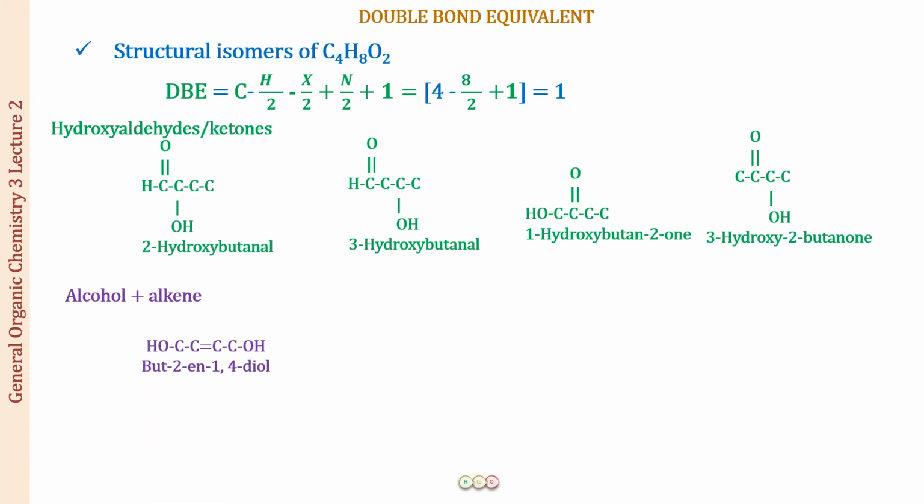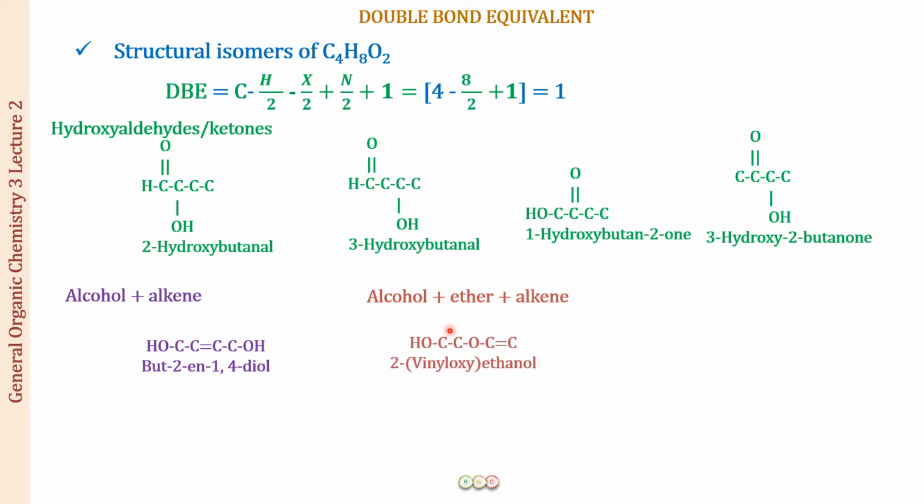So let us see one example. So we have 4 carbons where we have put a double bond and 2 OH groups. So this structure is but-2-ene-1,4-diol. There are more possibilities. You have to draw them, right? Next, what we can do is, instead of one OH group, there is another functional group with an oxygen, which is similar to the OH group. What was that? It was an ether. So instead of one OH group, now I'm going to put an ether. So an alcohol, an ether and an alkene in one structure.